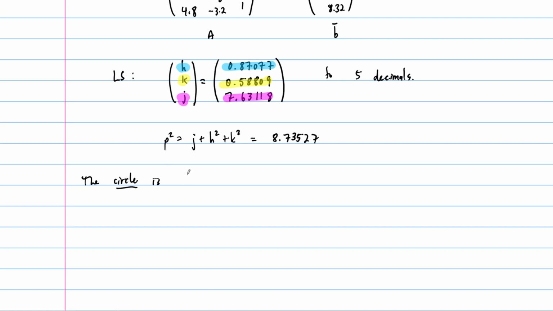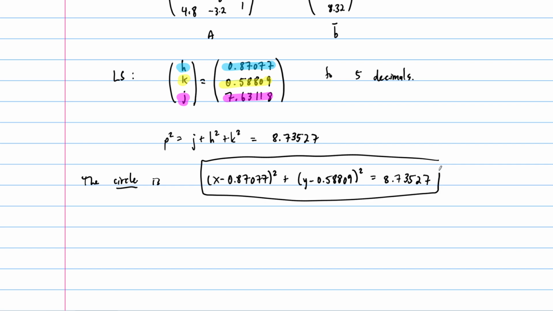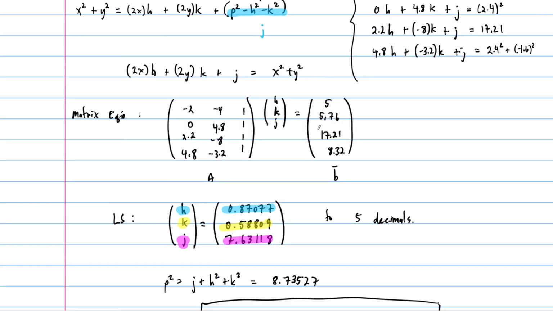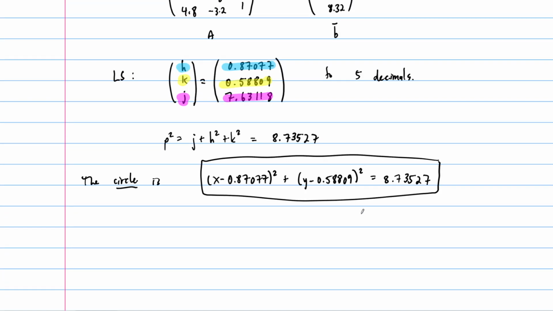The circle is x minus 0.87077 quantity squared, plus y minus 0.58809 quantity squared, equals rho squared, and that's exactly this number, 8.73527. And so there's the best fit circle for the data we were given in this table, just these 4 points. This one was messy enough that we had to use a computer to solve it with just 4 points,